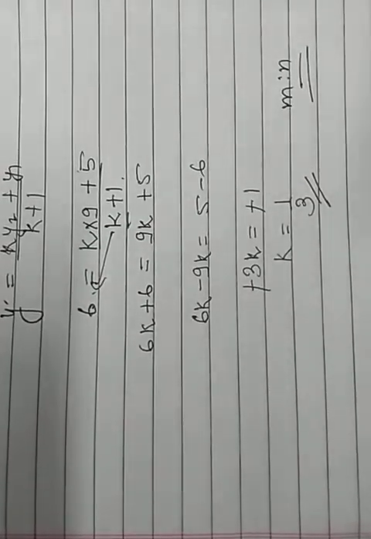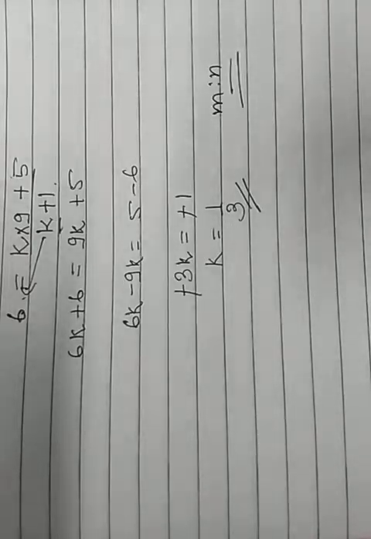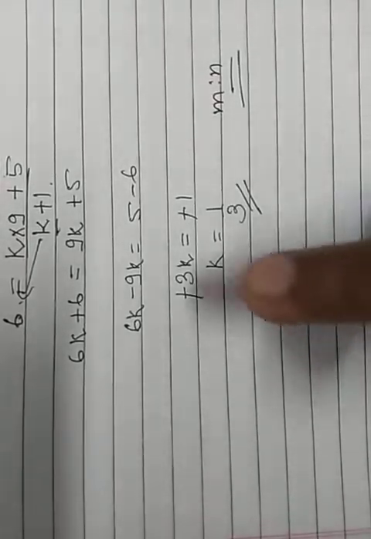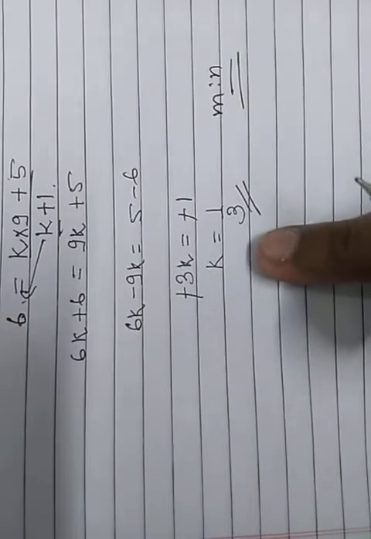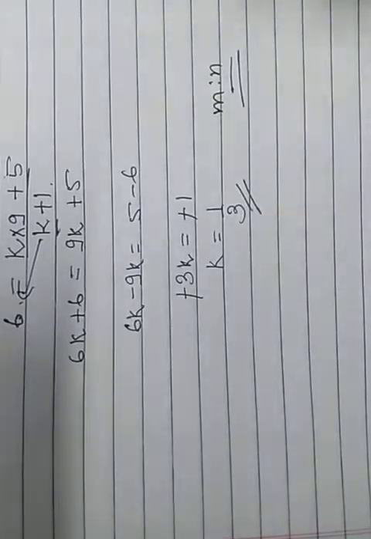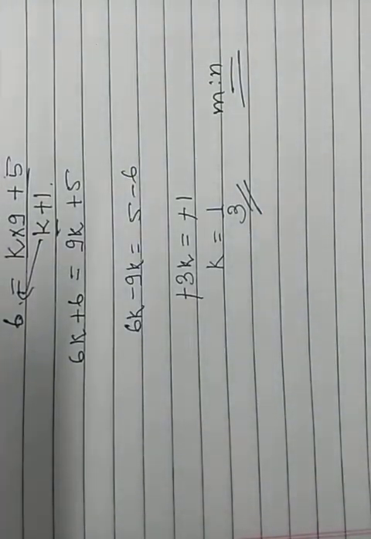So hope you understand that whenever we have to find the ratio, we will use this method to find the ratio, whereas the regular one we will use to calculate the coordinate of x and y.